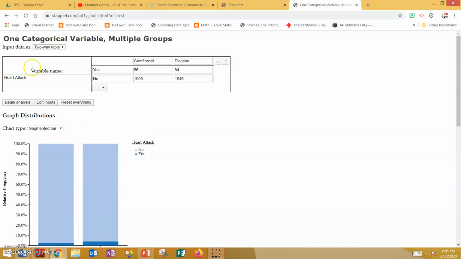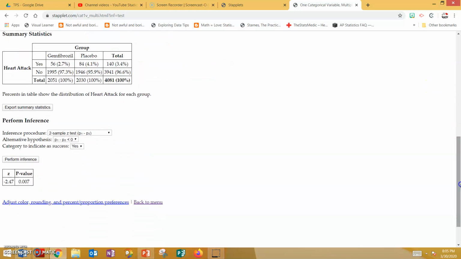And if you type that in, notice I put heart attack here, and I put yes and no, gemfibrozil and placebo, 56, and I have to subtract 56 from the sample size to get 1,995. 84, I subtract 84 from the second group sample size to get 1,946. Begin our analysis. Scroll all the way down here to the bottom and make sure you have all the correct notation. 2 sample z-test, alternative hypothesis, and you get your z